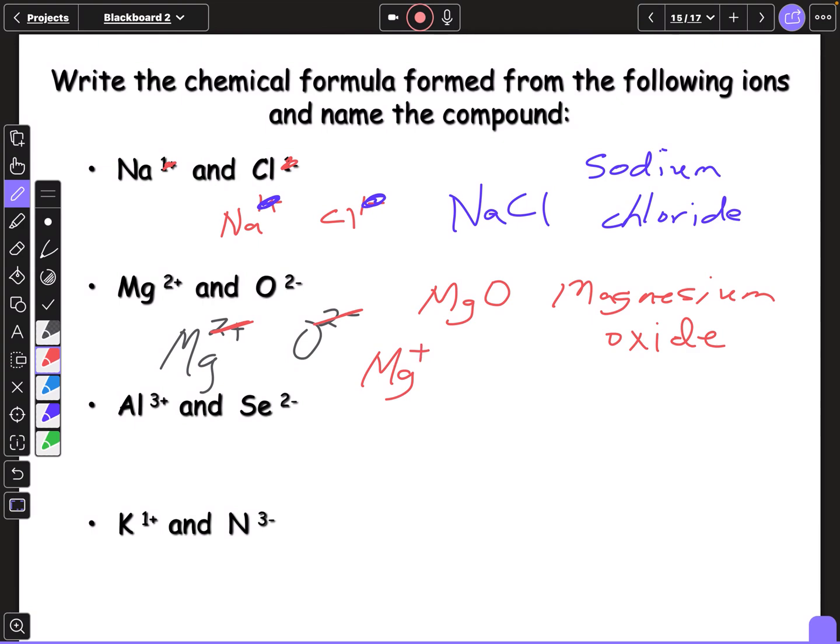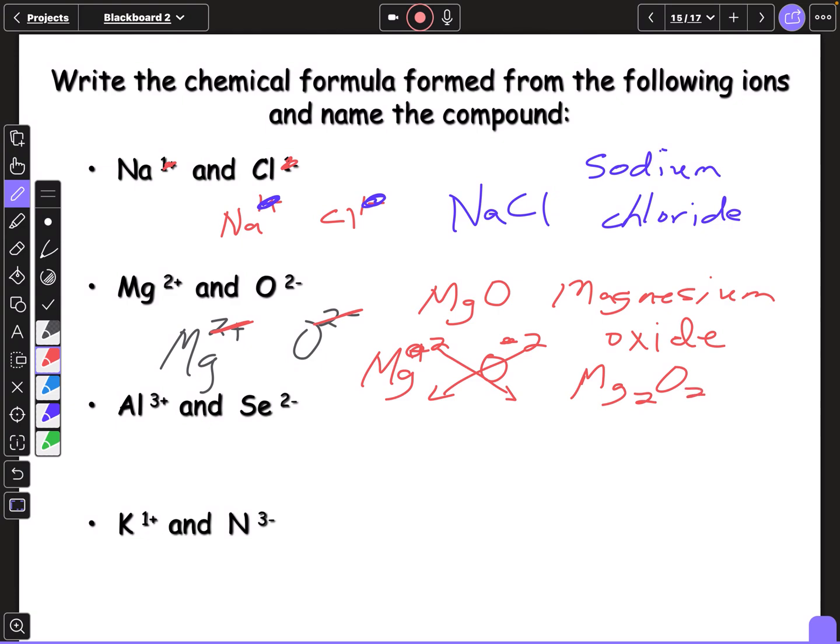If I have magnesium that's a +2 and oxygen that is a -2, I can cross the charges. I can cross them, and then I can bring the 2 down here. I do not bring the positive or negative down, and then when I write the formula, that's